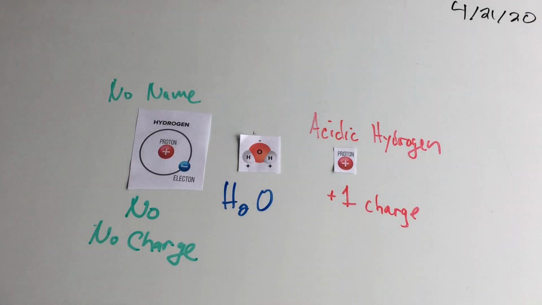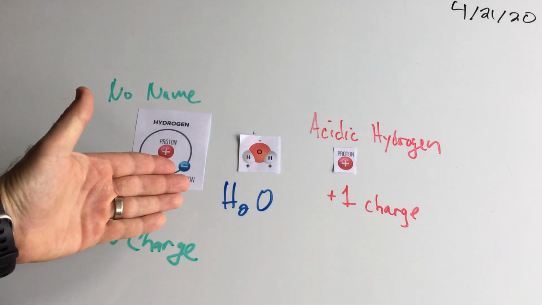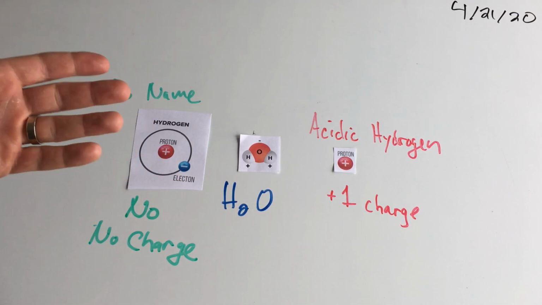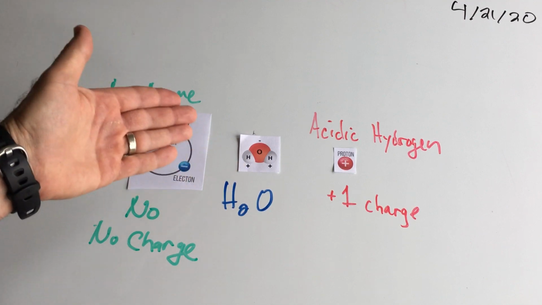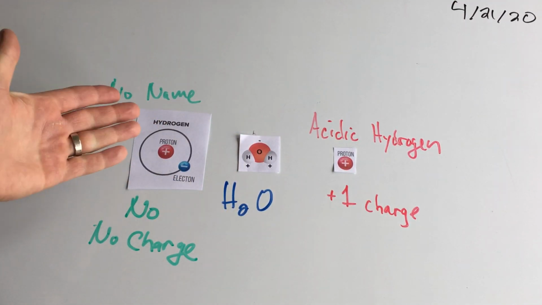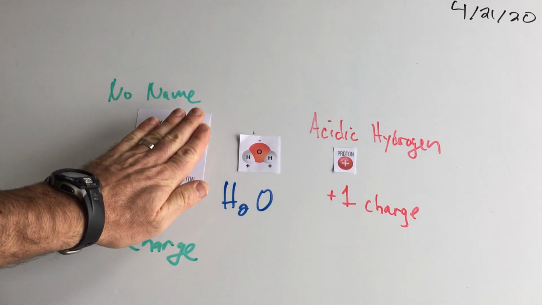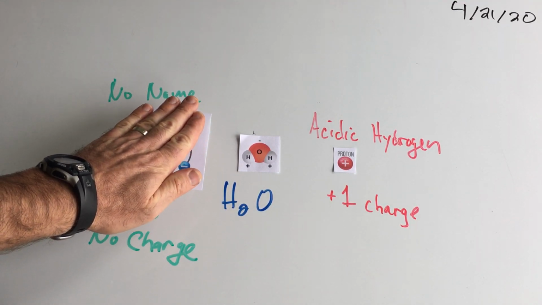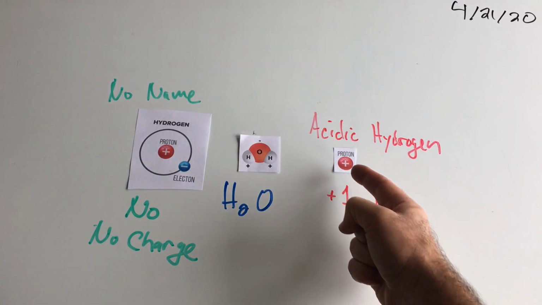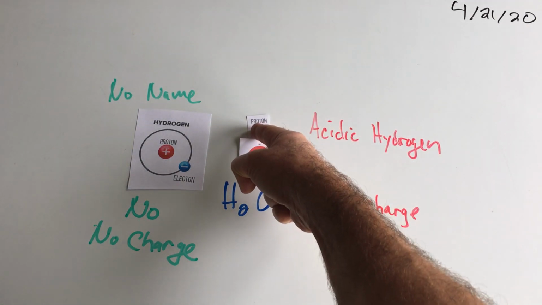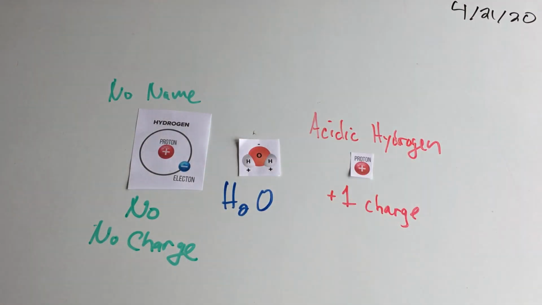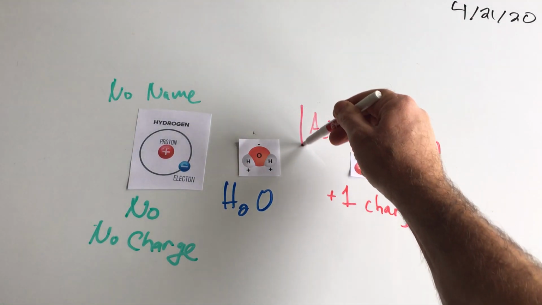That's it. If it's a proton with an electron, then it's just hydrogen. It doesn't get a fun name. It's just called hydrogen. It's not going to attach to water because there's no way for it to attach. It doesn't have a charge. There's no way to click it onto water. So it gets no new name. And it's just a hydrogen. But if it's a lone proton and it has a charge, then there is a way to click, attach it to water. Yay! And if it can attach to water, it gets the fun name. It is called an acidic hydrogen.